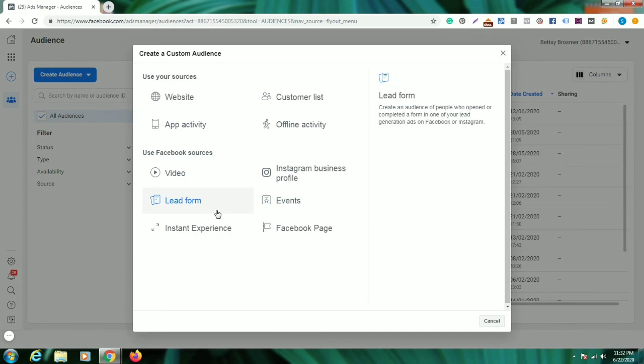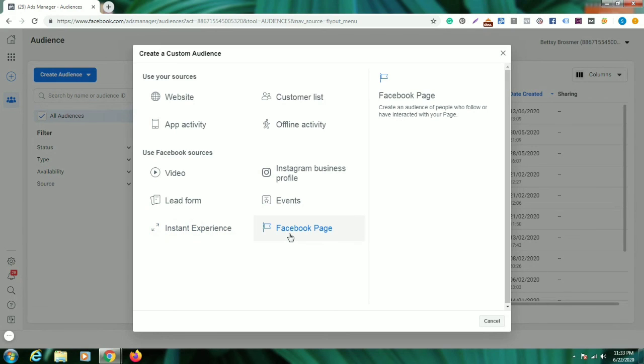Then you can also create custom audiences based on instant experience ads. So what is an instant experience ad? It is a type of ad where you can create a landing page within your Facebook ads. We will see next how instant experience ads can be run within Facebook ads. So you can create custom audiences using instant experience also.